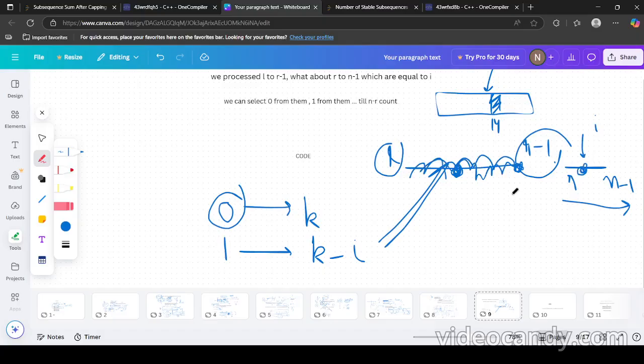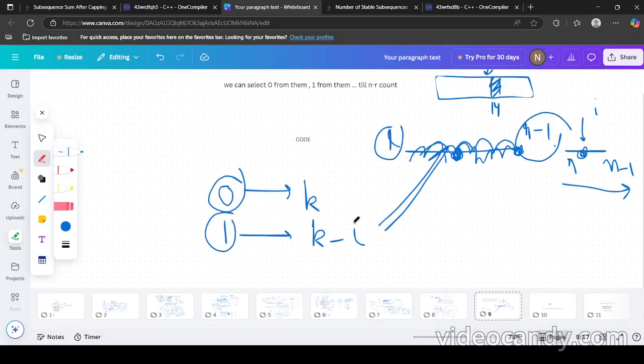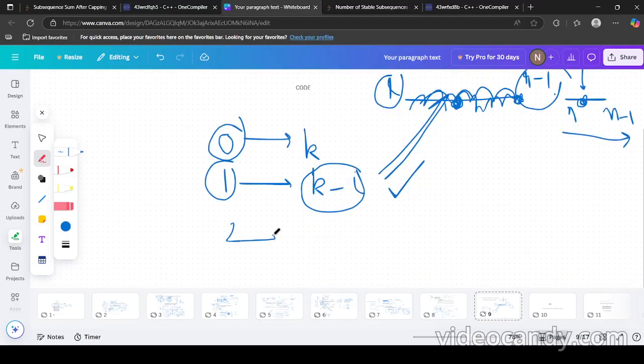So then we can get the answer. So if we select 1i, if there is k minus 1 sum in DP of I, L to R minus 1, then there will be an answer. If we select 2i, then what? If there is k minus 2i in the DP as true, then we can get this also. If DP of k minus 2i is true, then we can select 2i's and we can get sum of k,